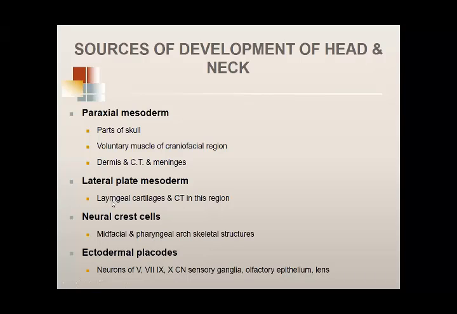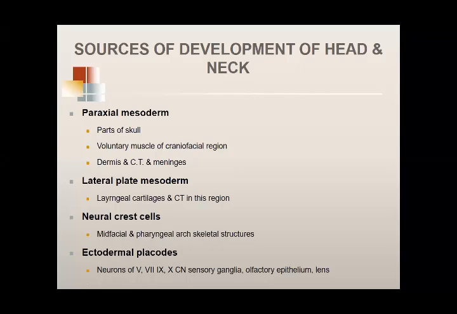So larynx के region में the connective tissue plus the cartilages of the larynx, all these develop from lateral plate mesoderm. Then neural crest cells. Neural crest cells we've already discussed in detail that they give a major contribution to the pharyngeal arches. It can mesenchyme and develop from neural crest cells. This mesenchyme then develops into the skeletal structures in the